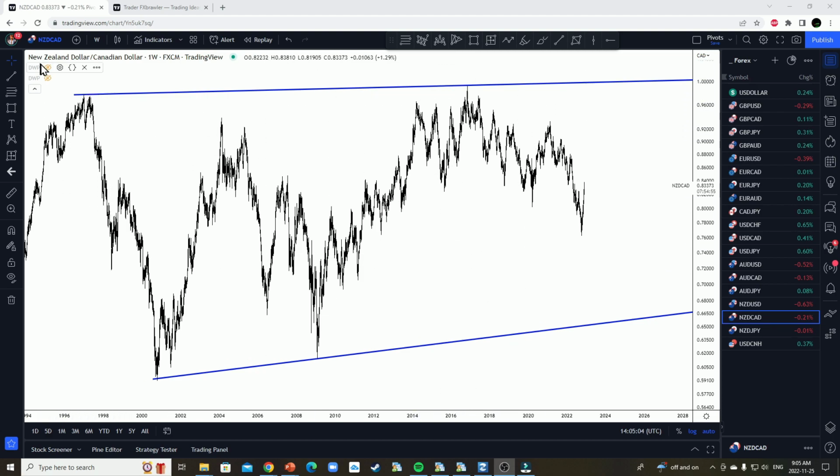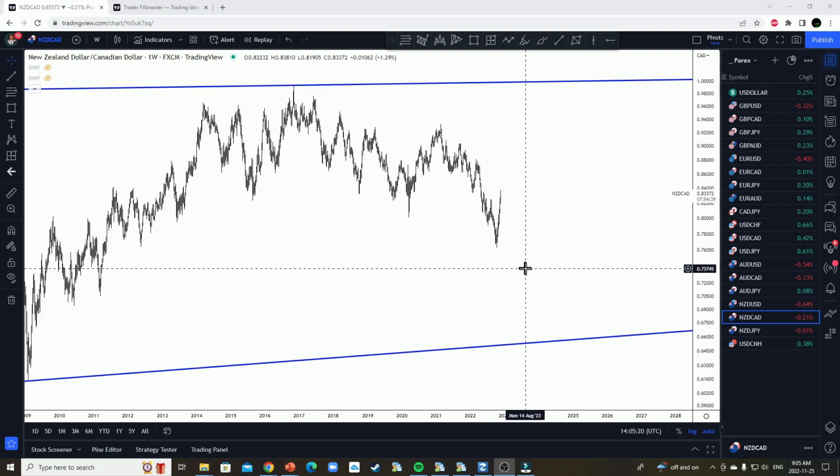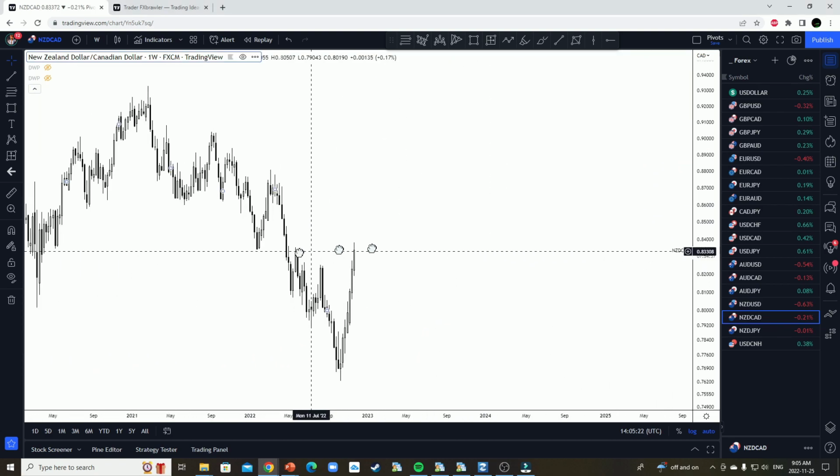So right now we're looking at the New Zealand dollar Canadian, and this is like 30 years of data, so it's quite a bit. But you can see here that we have a very, very big resistance and a big support over here. But what do I do meanwhile? So I zoom in a bit and I'll show you